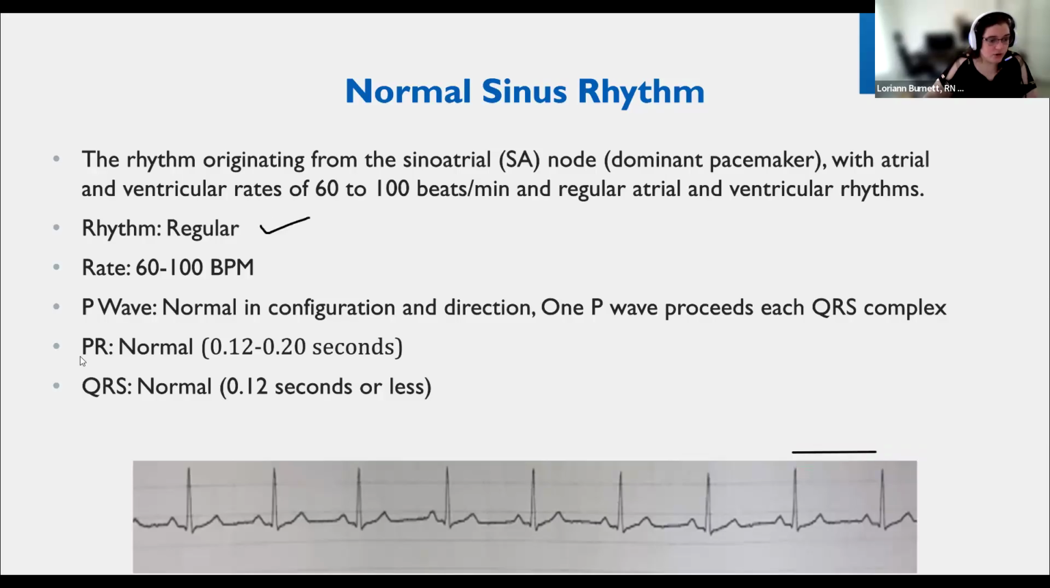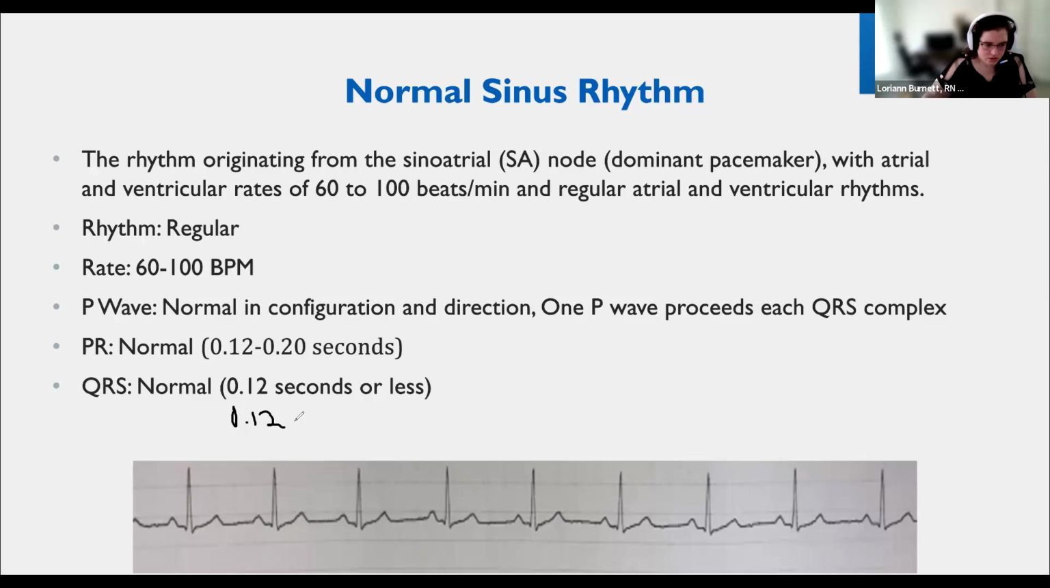The next thing I'm going to look for is, is there a single P wave with a single QRS? Every P wave should have a QRS, every P wave with a QRS, and so on and so forth. And we have that. We don't have extra P waves, we don't have extra QRSs. And then the last one, the QRS should be